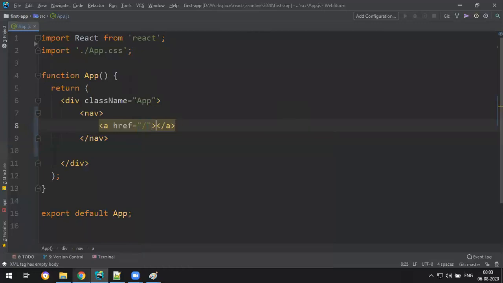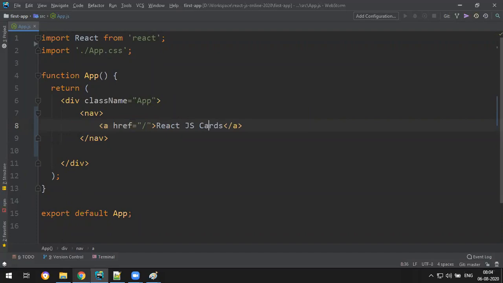I'll give some text about what we are learning here: React.js cards with styles. Here I explain what is JSX.